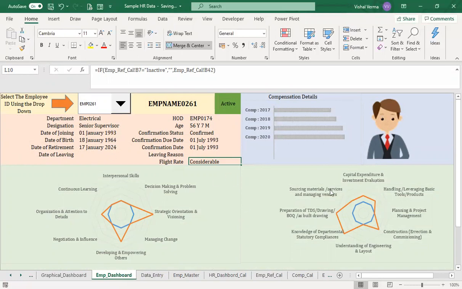In the next section, we will be working on the behavioral competences and the technical competences, and the process remains the same. We will be looking at how the data are arranged in the behavioral competences and doing some minimum calculation. The data pulling is more or less the same way that the data is coming here. When we made the employee reference list for employee details, we will be making a competency reference list, and the competency reference calculation will be pulling the data from the sheets. So see you in the next section on the details related to how to make this part of the employee dashboard.